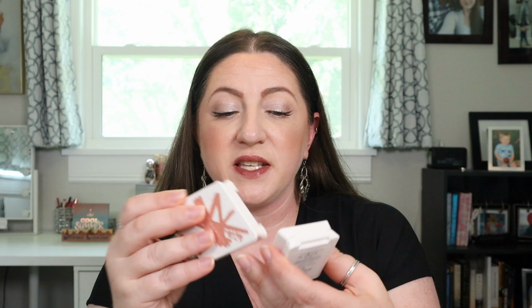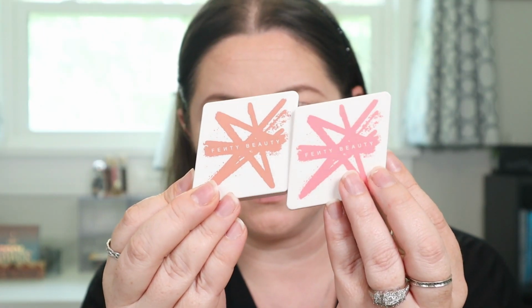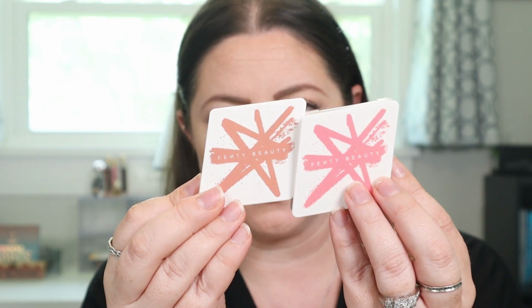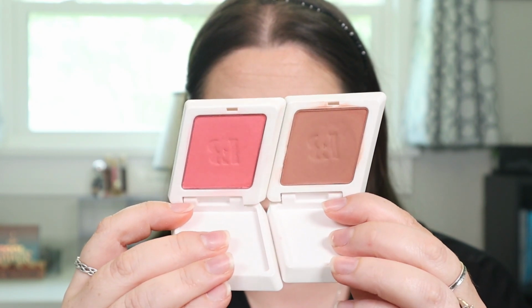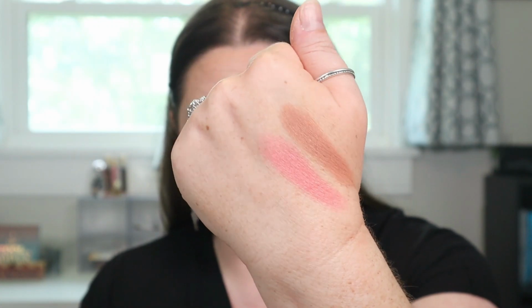All right, the last blush, and these are new releases and they're my favorite, are from Fenty. These are the Suede Powder Blush. I have Bacon Cakes in the more nude shade, and then the hotter pink one is in Petal Pop. When I first tried these on in a testing new makeup video on camera, I didn't like the way that they applied. They looked patchy, they were hard to pick up. And partly it's because it's almost more creamy and less powdery,